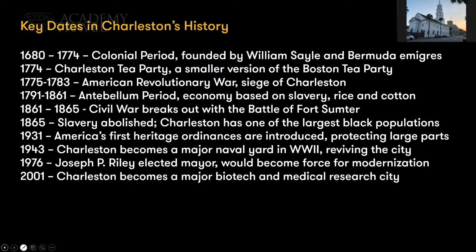And in fact, it continued to be that up until the mid-1800s. It was, in fact, past the Civil War. It was still a black majority city. But the city was controlled very much by a very small number of wealthy landowners.